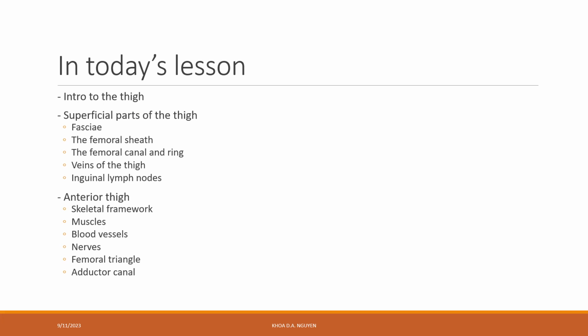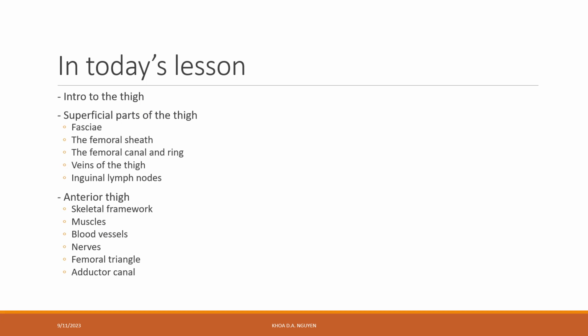We'll be finding out some superficial parts of the thigh, such as the fascia, the femoral sheath, the femoral canal and ring, which comes in very much handy when we are discussing, for example, the phenomenon of femoral hernia. Then we will be talking about the veins of the thigh, including the superficial veins and the deep veins and how important the deep veins are. And then we'll be talking about the inguinal lymph nodes, and that's all going to be for the superficial parts